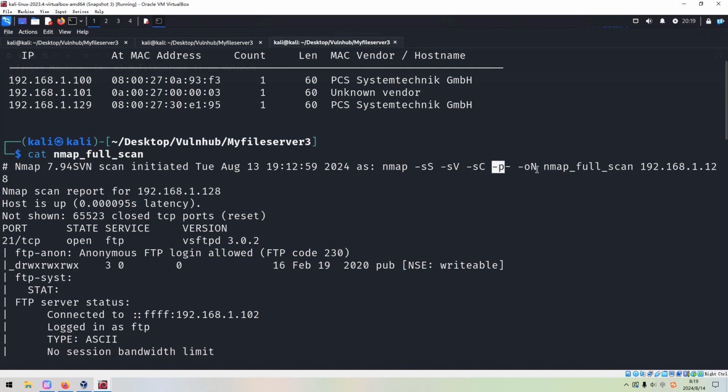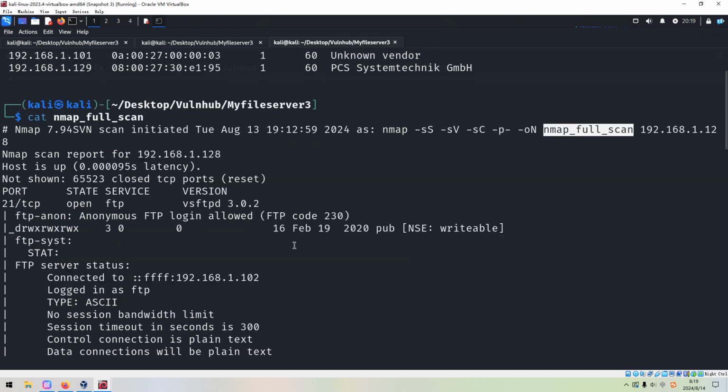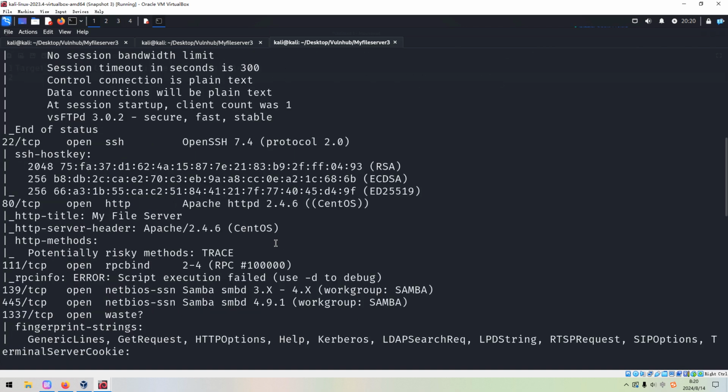The last option is -oN to output the result into this file. Although, as you can notice here, the IP address has been changed from the first time when I did the machine. So from the Nmap scanning, we can tell that the target has so many open port numbers.